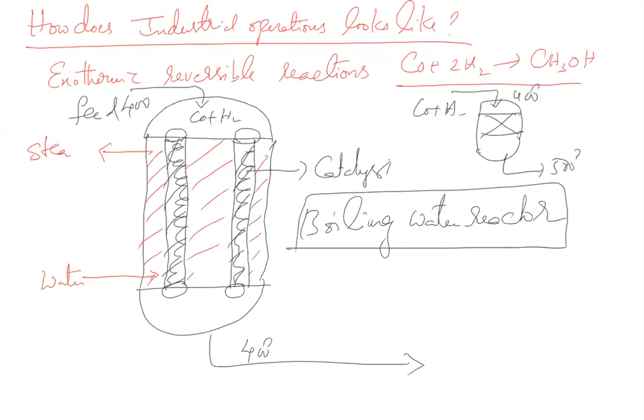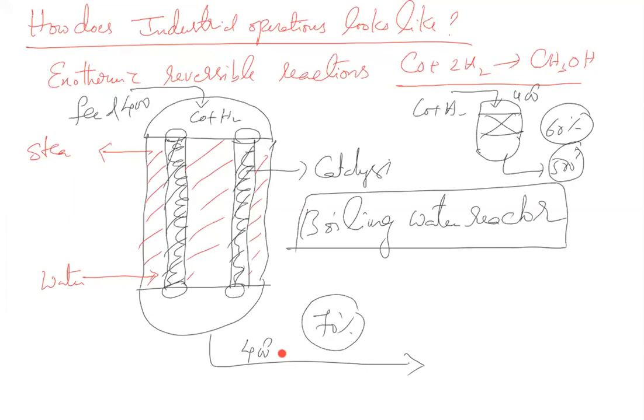Here I'm able to get, let's say, 70% conversion. Maybe at 500 degrees the relative conversion is 60%. So if I want to get 70% conversion, I will not get it there. Clear? But here I can get higher conversions because you are controlling the temperature. You are controlling the temperature at 400 degrees by removing the heat. So this is how you will operate exothermic reversible reactions. This is one way of operating them.